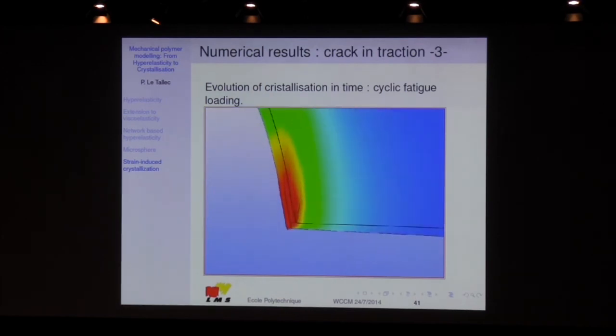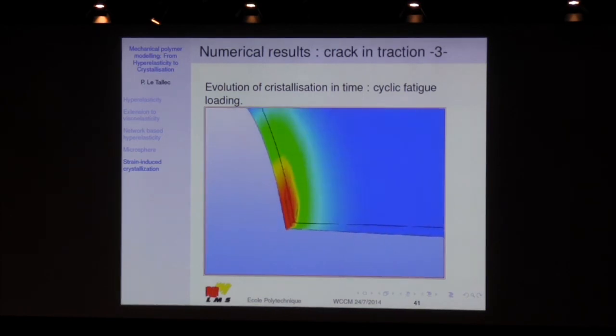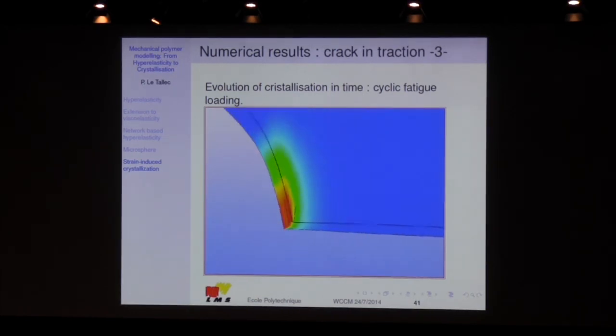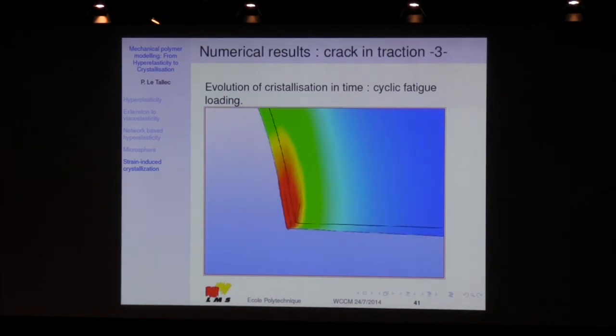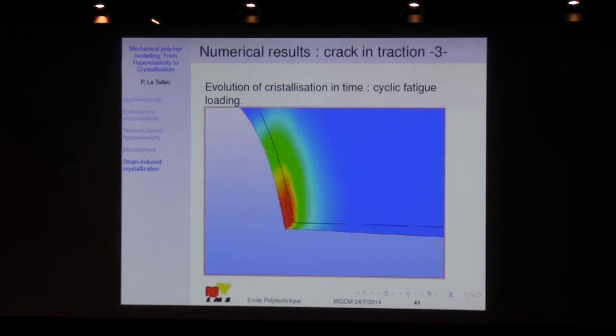So that's the deformation of the crack tip. You can see a very mustache-like deformation there, which is very close to real experiments that you have with crystallization, and you have this oscillation. You can compare